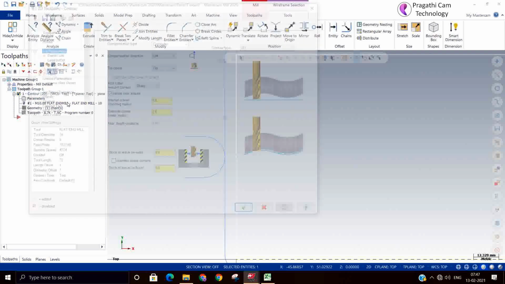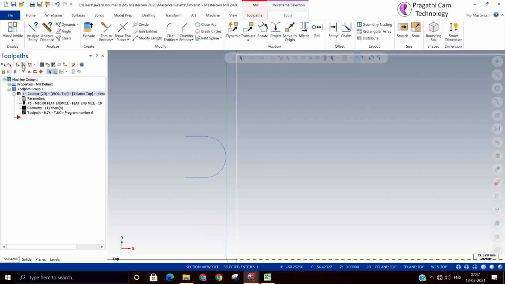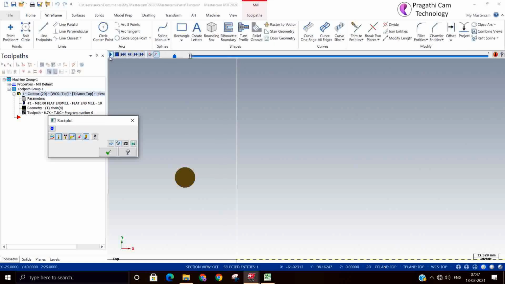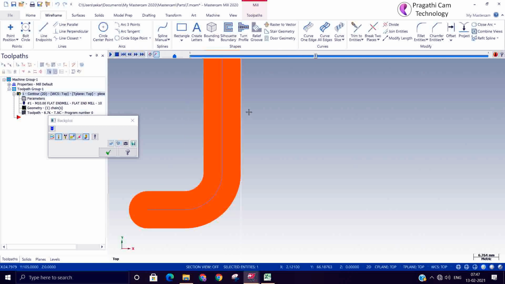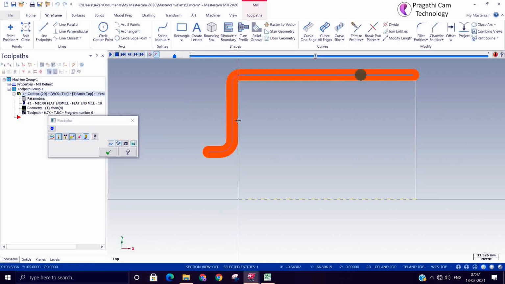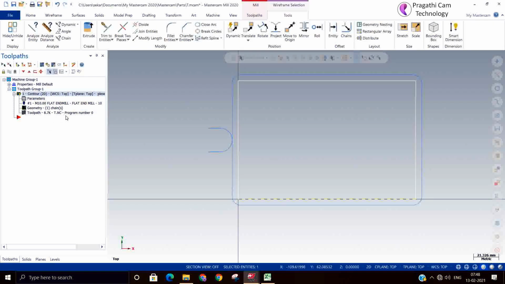If we say 0 and regenerate, you can see that there is no stock material left. If you don't want to leave any, you can keep the stock at 0. In case you want to do a finishing operation after this, you can keep the stock material.